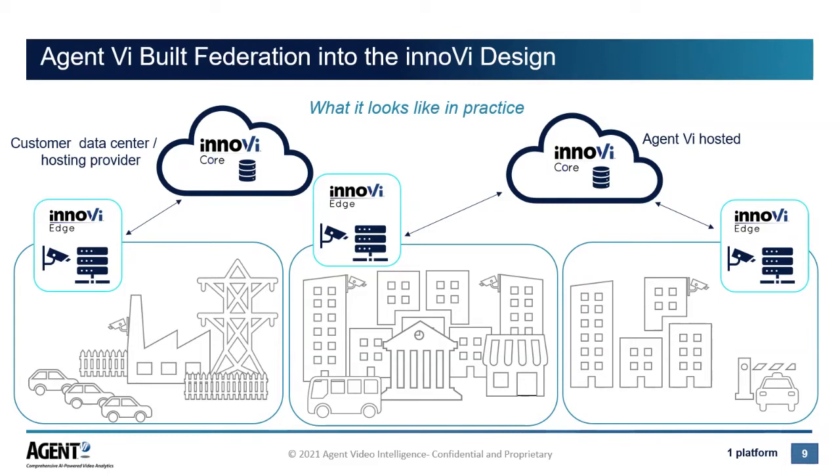But just to be clear, we also have a lot of customers that do not want to use our cloud-based service, and so they build their own private system where they run the entire Anomaly on-prem in their facility, in which case we give them model updates whenever they want to refresh. But this idea of sharing images and sharing models across cameras is one of the secret powers of these AI algorithms.